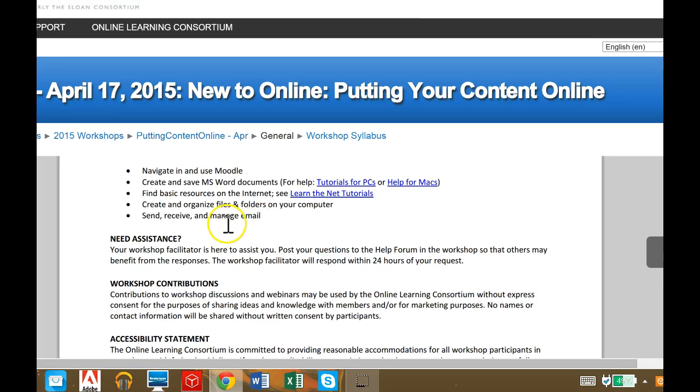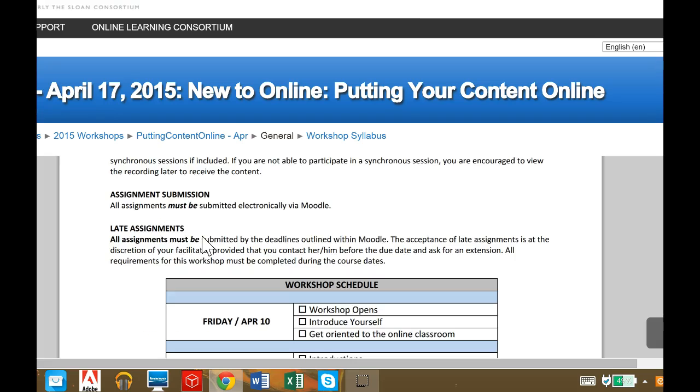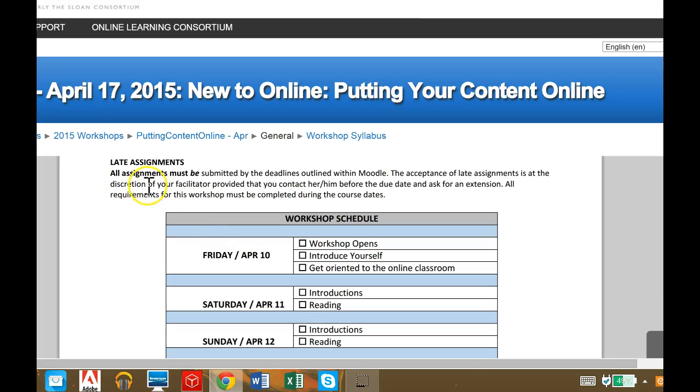I'm just going to kind of zip through it now because most of this information I covered as we were talking about the workshop layout. I would like to mention that late assignments will not be accepted. If you find that you're not going to be able to complete things on time, you can arrange with me ahead of time and I will be lenient if I can. Though LLC doesn't give me a whole lot of lenience, but they give me a little. So contact me by email if you need a short extension. You can find my email address in my profile.